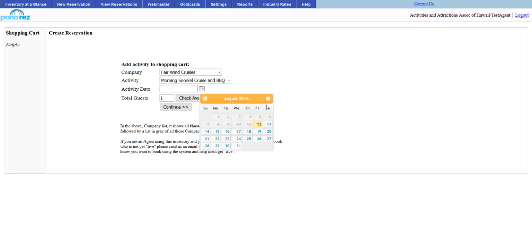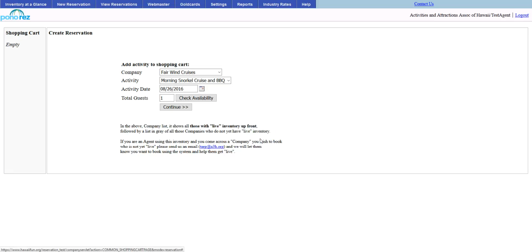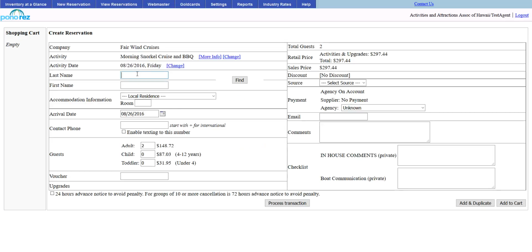And the availability calendar will show, and you can simply select a date. You can test to see if there are enough seats for that particular day. And of course, I did a huge number, so there's not enough seats. If I do 2 people, there's enough room. Then click Continue to go on to the one-page reservation form, which is simply put your hands on the keyboard